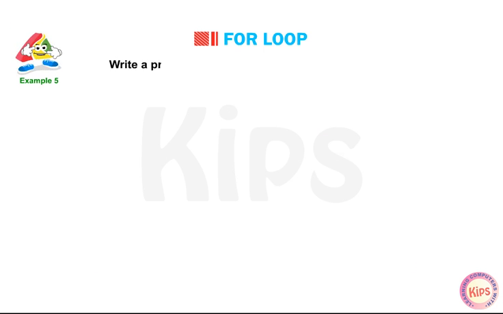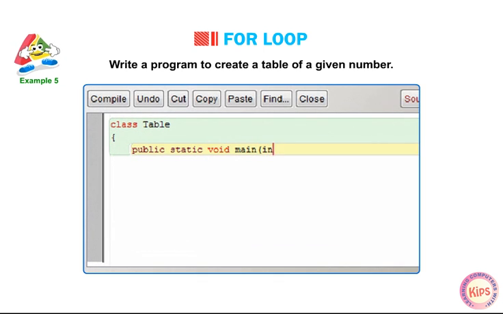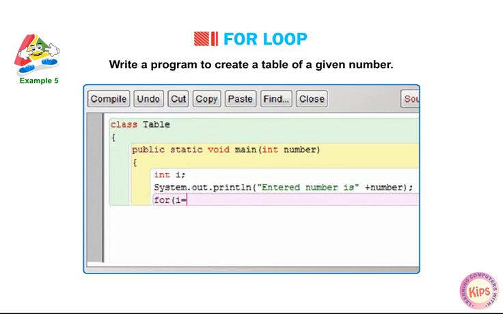Example. Write a program to create a table of a given number. Class table { public static void main(int number) { int i; System.out.println("entered number is " + number); for(i=1; i<=10; i++) {